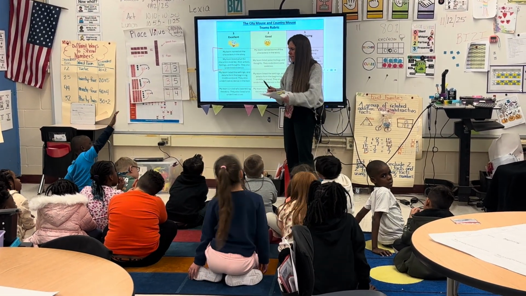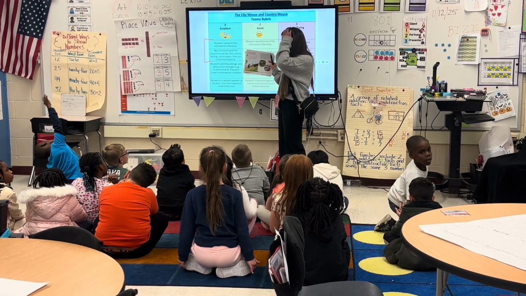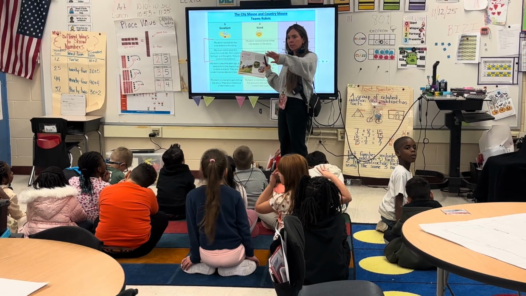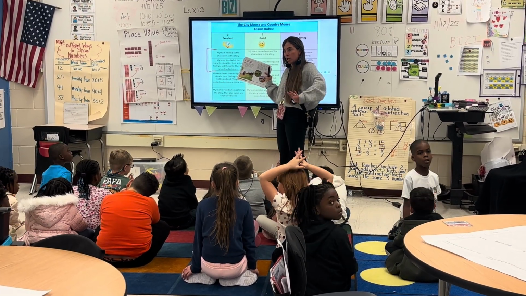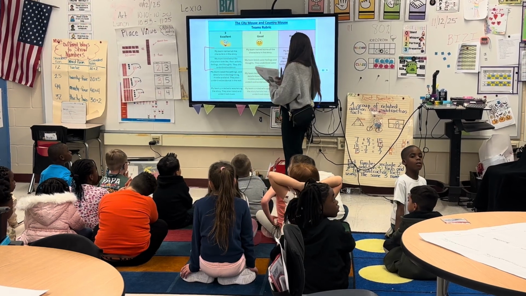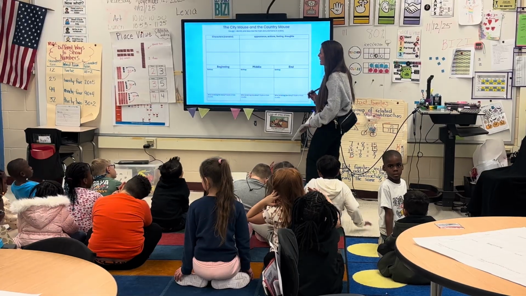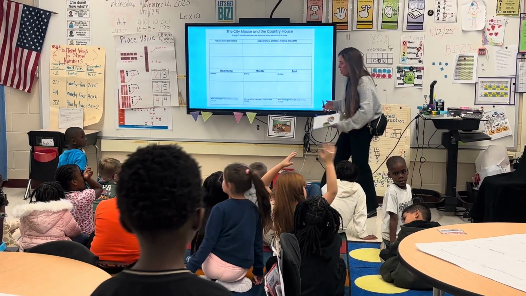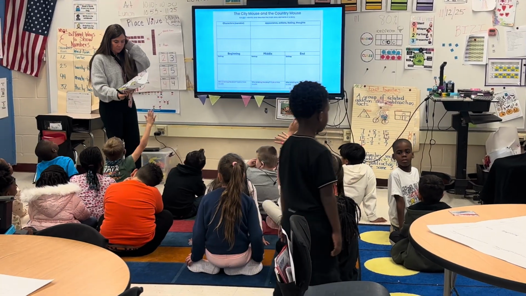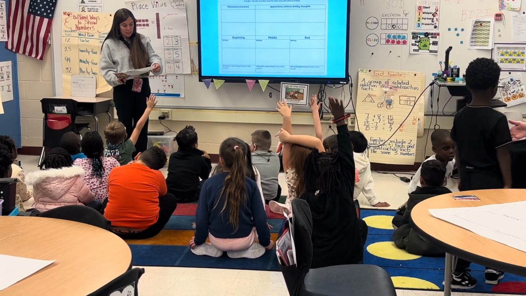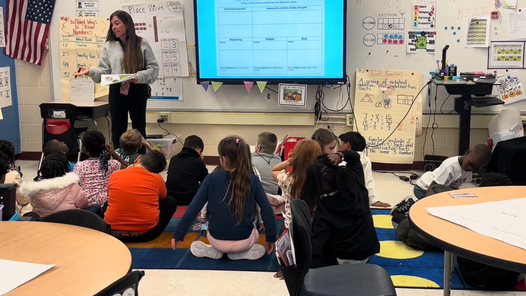We have City Mouse and we have Country Mouse. I'm going to do one with you, and then you're going to go back to your tables and do the other one as a team. You're going to put all this on your paper. Okay? So this is the paper. You guys are going to get City Mouse. Who was the first character we met in the story? City Mouse. I visited my cousin Kate. So we visited the cousin Kate in the country.